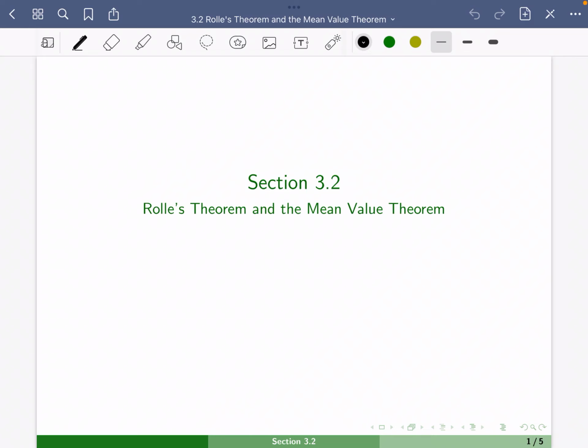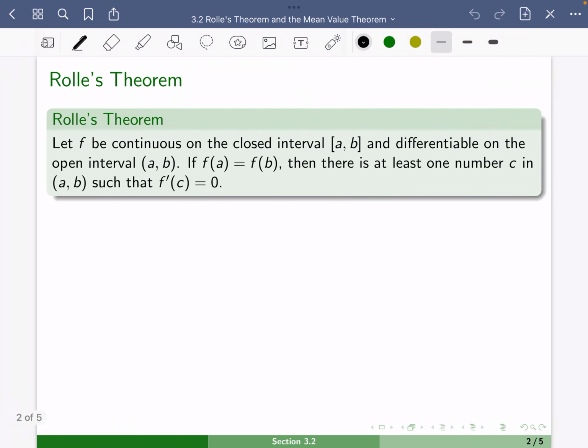In this video, we are going to look at Rolle's theorem and the mean value theorem. Let's first look at Rolle's theorem. Rolle's theorem says, let f be continuous, so we have to have a continuous function on a closed interval from a to b, and let f be differentiable on the open interval from a to b. If the function value at a is the same as the function value at b, then Rolle's theorem holds, and